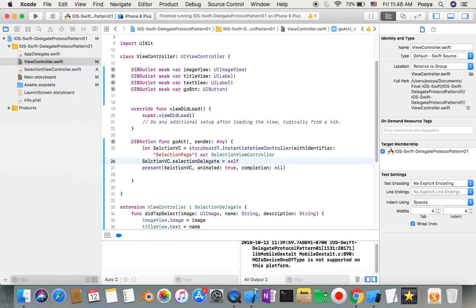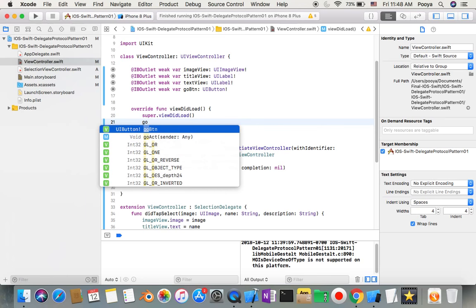This way I make this view controller a delegate for my protocol, so now I can use its function and transfer data. If you miss this line, your app does nothing. In view did load we do nothing, but to give you some extra tip here,